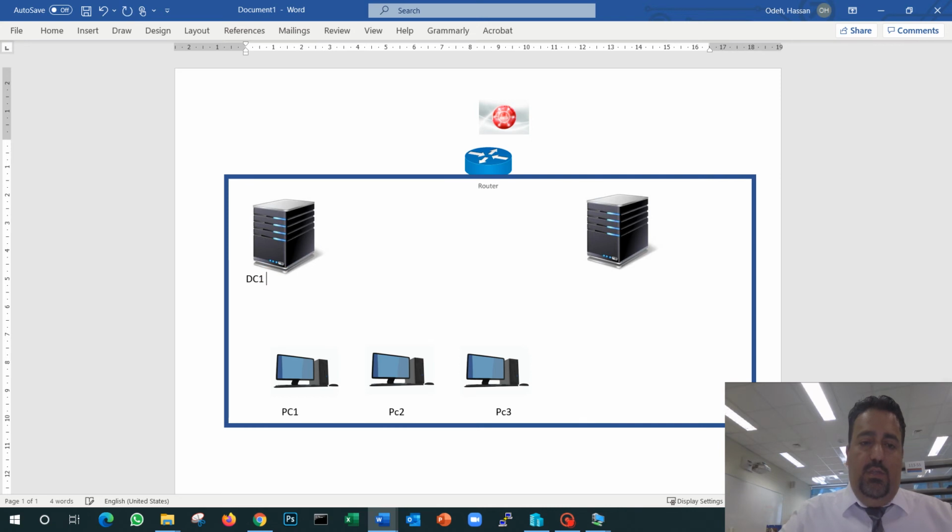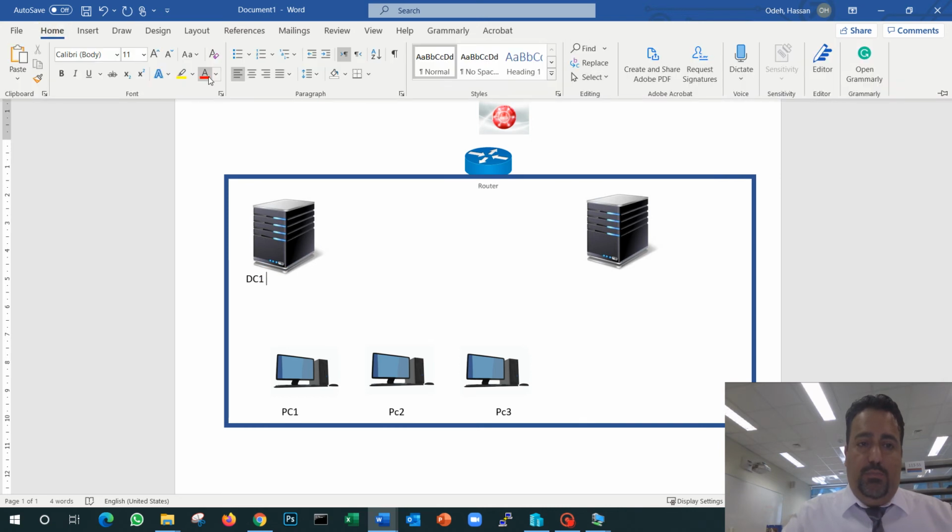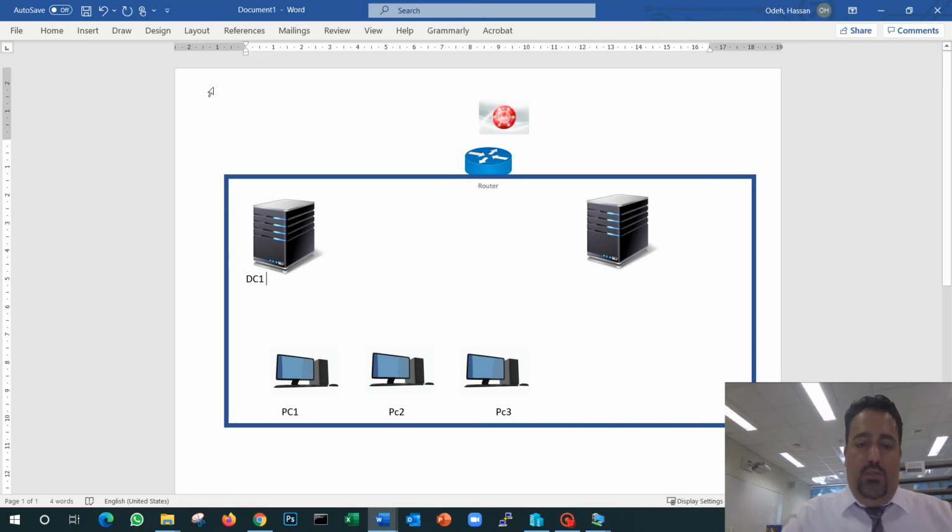So on this server, I'm going to install these items. This server has to have an Active Directory, AD. It also must have a DNS, and it also must have a DHCP. Now, on your own home network, usually the Ooredoo router plays the DHCP role. But in businesses, we don't depend on the router to manage our DHCP.